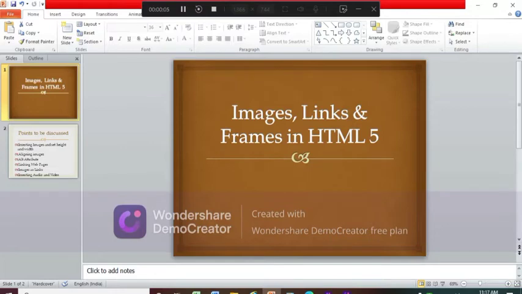Today we are going to start a new chapter, that is images, links and frames in HTML5. So in this chapter, if you see your book, you'll find many topics like frames, then you'll find CSS and all. Some of those 2-3 topics I'm going to skip for now, because this HTML we have not got